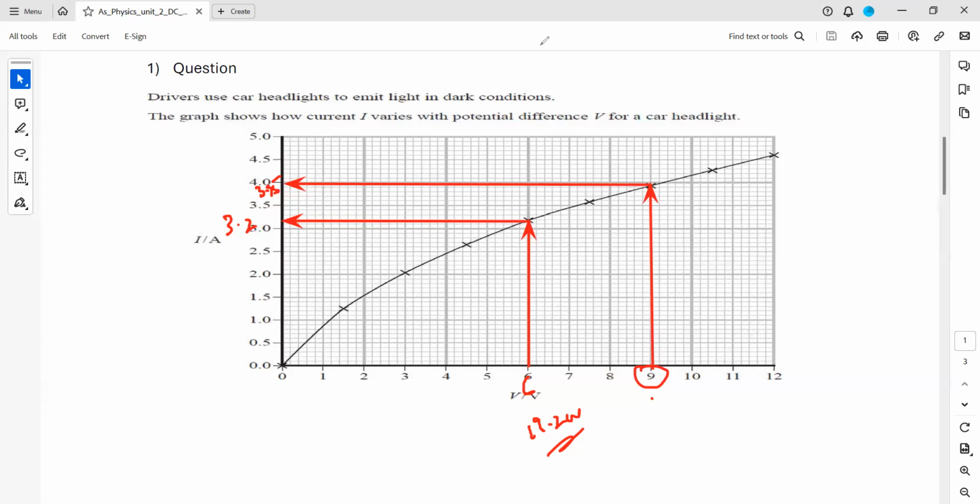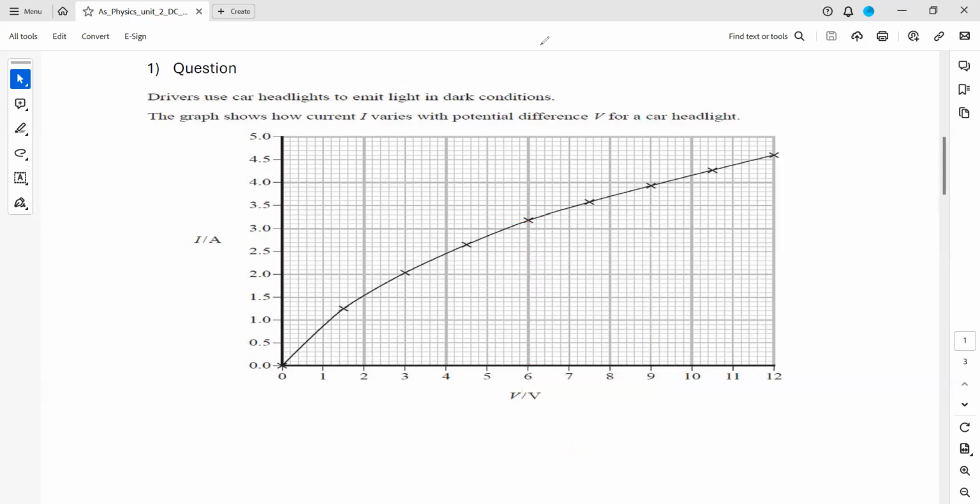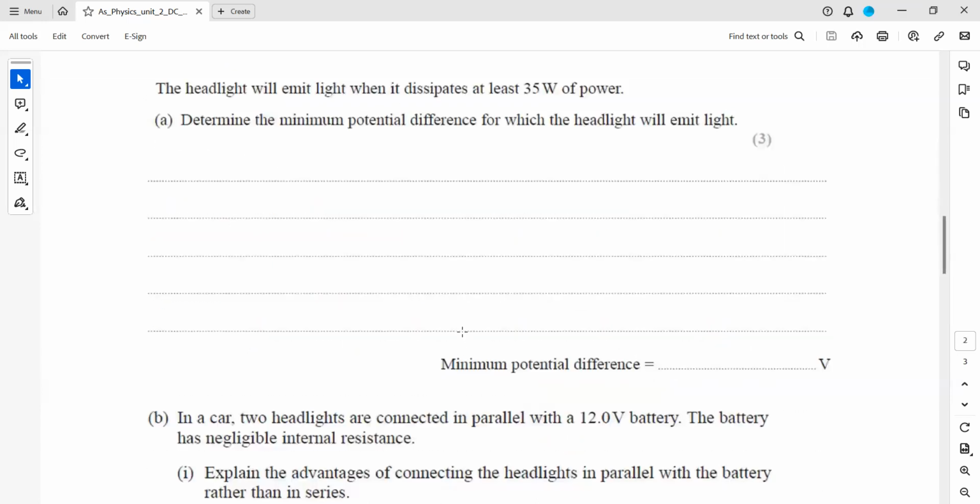So you have to use the graph, and the product of voltage and current should be 35. It means you're finding the part of the graph in which the product is 35. So P equals VI. So voltage and current, you will get the answers, and the product which is 35, like 35 is there, or you can also do